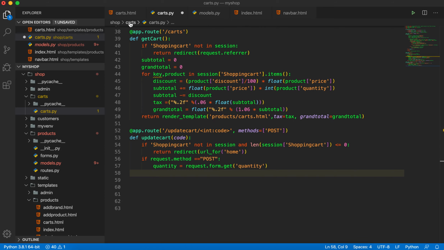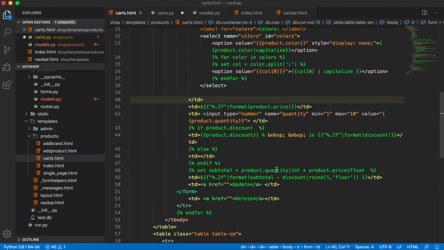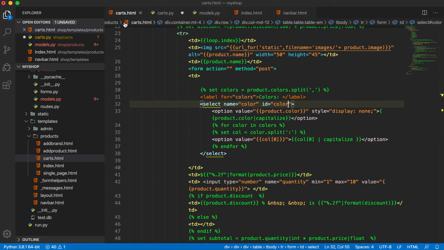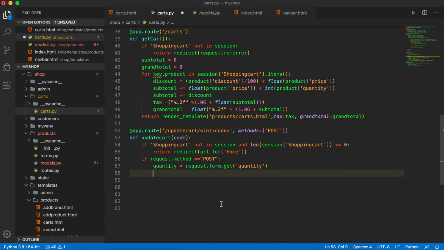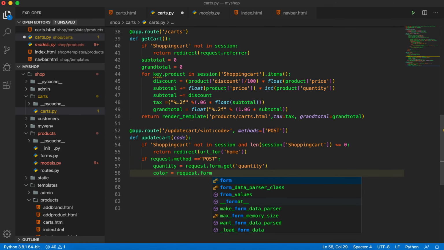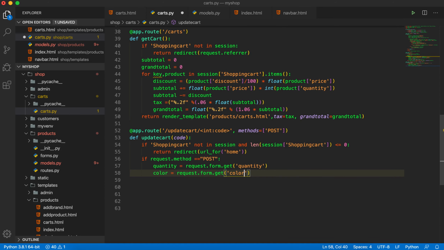Let me check here with the name I gave for the colors, but it was set already, so I will make just color, so we will get here one color, not colors. So then come here, color equal to request.form.get, and here we will get the color, and then right here try, and then pass,